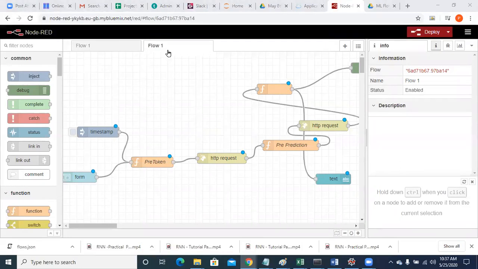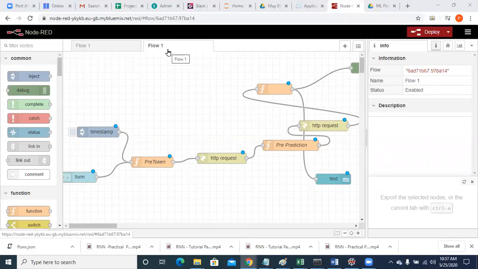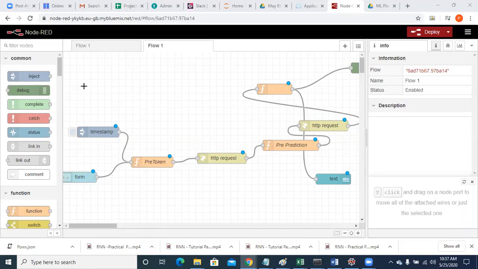In the new flow, did everyone see the new flow? Then you have to select the new flow.